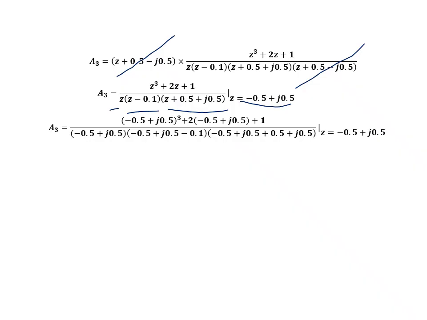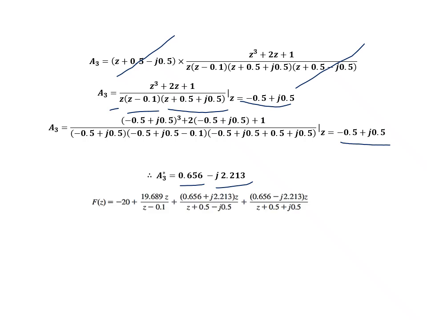Then we get a3 equals negative 0.5 plus j 0.5. And for a3 conjugate, we will only change the sign of the complex part, so it will be 0.656 minus j 2.213. Then we will have negative 20,